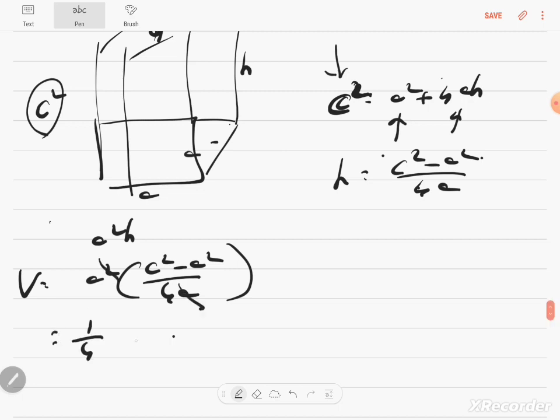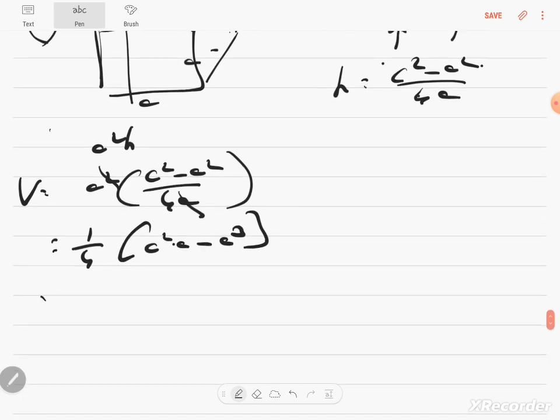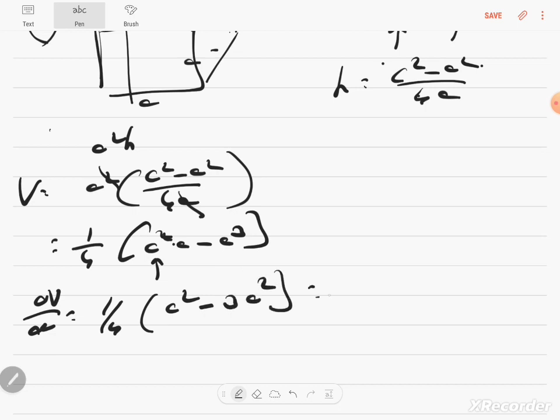So 1 by 4 out, and take c square a minus a cube so that you can differentiate with respect to a. So 1 by 4 into c square, the differentiation of c square a is just c square, because c square is a constant and a is the variable, minus 3a square is equal to 0. c square is equal to 3a square. c is equal to root 3 a. Once you get c is equal to root 3 a,